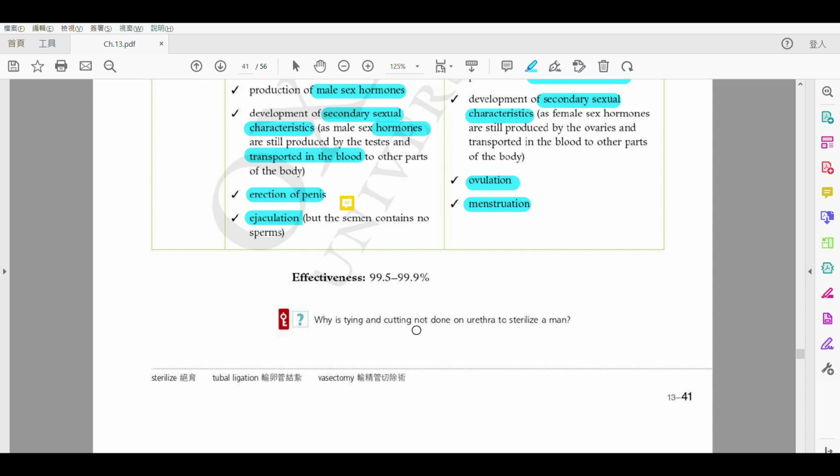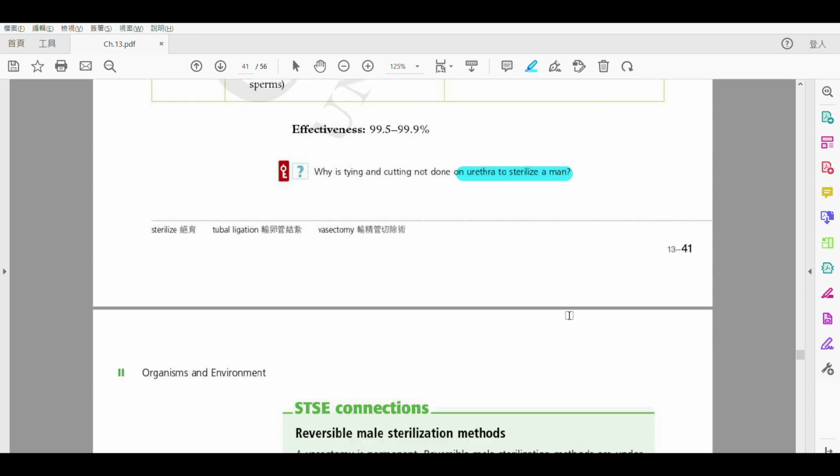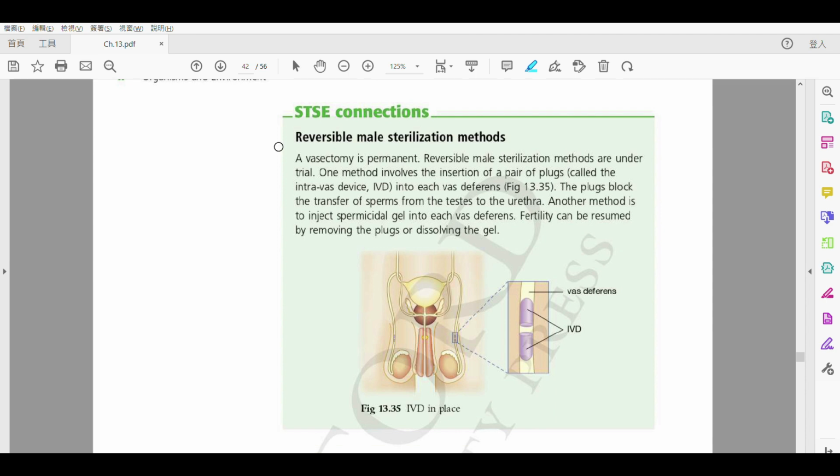And then the last part, this is quite a stupid but lovely question. And it is that, why is cutting and tying not done on the urethra to sterilize a man? And the answer, please tell me in class. If you are unable to tell me, then I'll laugh at you. Okay? 好嚟啦 So, and then this time we're talking about the reversible. 係一個可以逆轉嘅，自己讀到啦 reversible. So in UNO we often place reverse, 啱嘛？又會一張卡啦 UNO 入邊叫 reverse 噶嘛，OK 就逆轉啦。OK, so this reversible male sterilization method, 咁就 very similar to vasectomy 啦。Vasectomy 係 permanent 嘅，但係啦 this one is reversible.